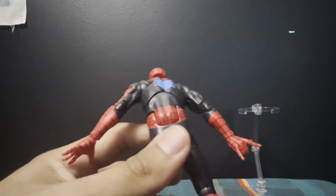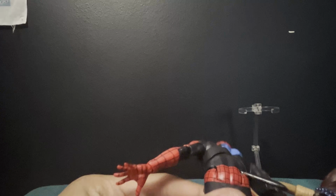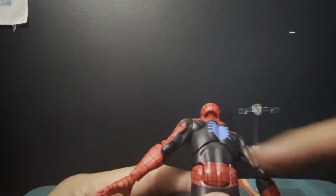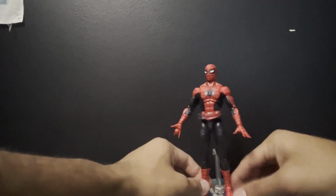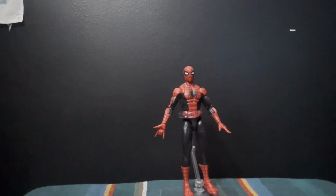And here's the worst part, and luckily for me, this worst part is on the back, but some glue got onto this part of the figure, so when I use his articulation, as you can see, it got stuck up here. So it ripped off that piece of paint. Now, luckily it's in the back and it doesn't bother me all that much, but it totally makes sense if you're one of those people who wants your figure to be pristine, because you just paid $27 for a Marvel Legend that used to be $22, and for whatever reason, some other ones are $22, but this one's $27. So I totally get it. I would be upset as well, but